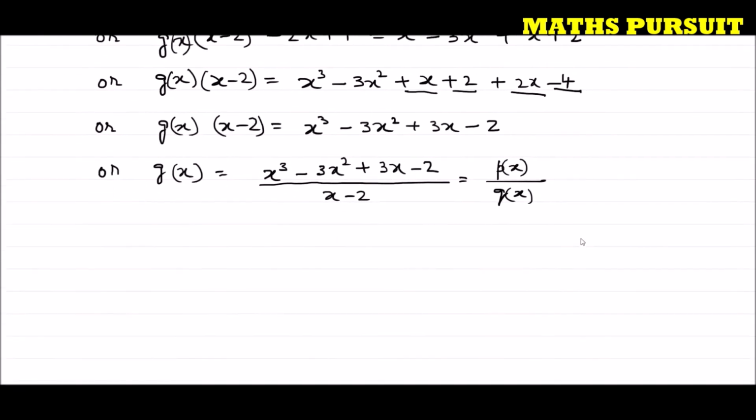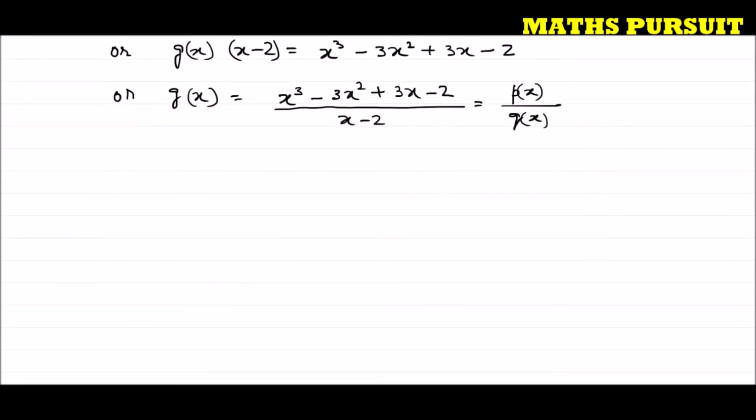So in order to divide, let us follow the division method so that we can divide this equation easily. I can write x^3 - 3x^2 + 3x - 2, and as I told you, I'm going to divide this equation with x - 2. Hope guys till here I am very clear. Now you could see that this is the dividend, and this q(x) is now our divisor.